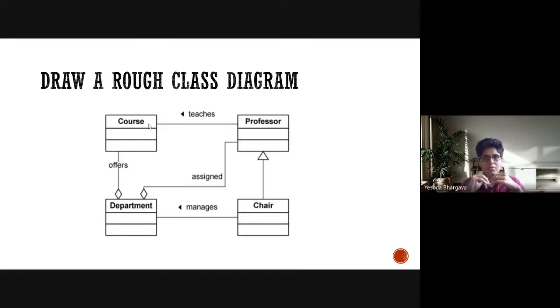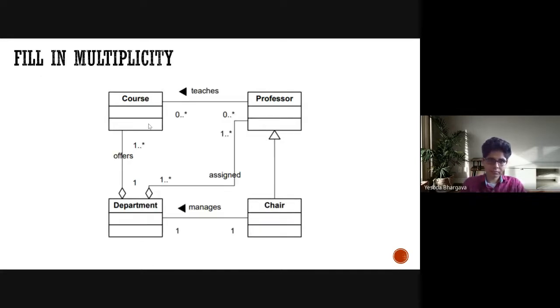So, what we are trying to understand here is that we are looking at the multiplicities between the different classes, and based on that, we are trying to understand how to assign these multiplicities. Once you have identified these multiplicities, this particular diagram can happen. In this, it is showing that a professor is associated with zero or many courses, and the course may be associated with zero or many professors.